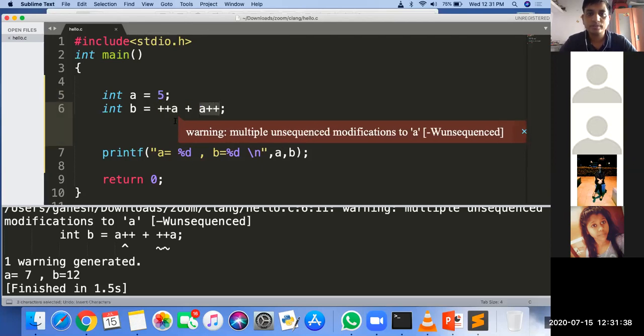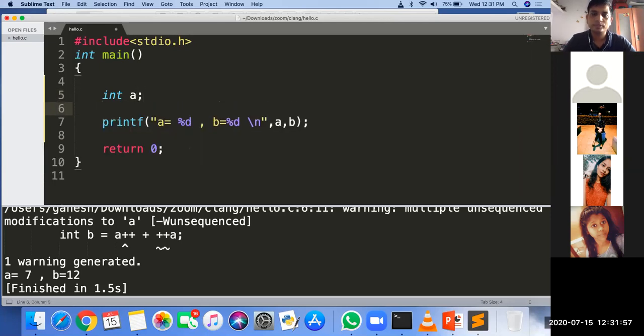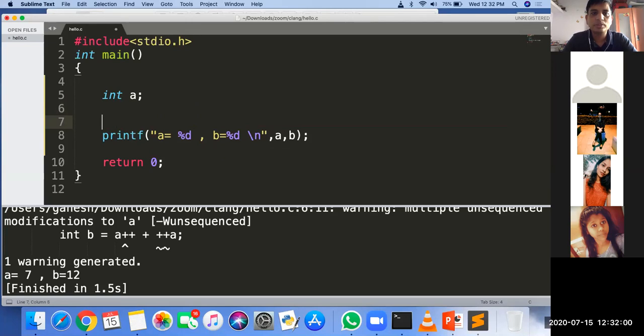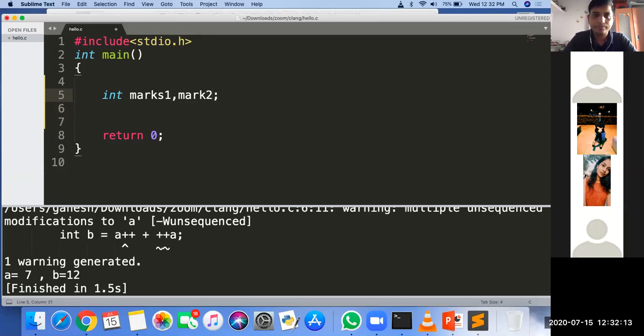Sir, I installed Ubuntu, but how do I read input from the user? Usually we assign A is equal to 3 or 4 in the program itself. For that purpose, suppose there is a variable I want to take from the user, like marks of subject 1 and marks of subject 2.